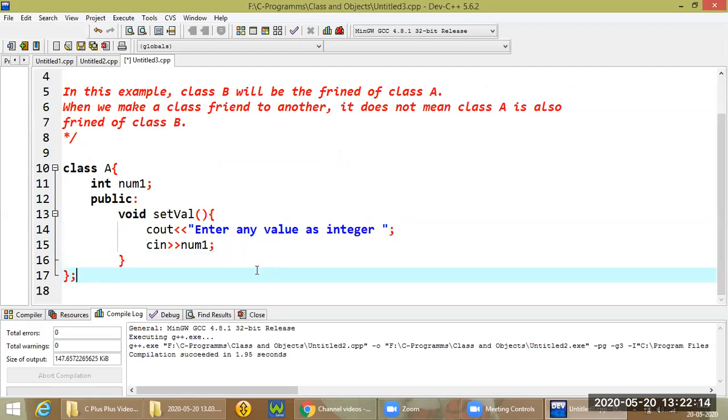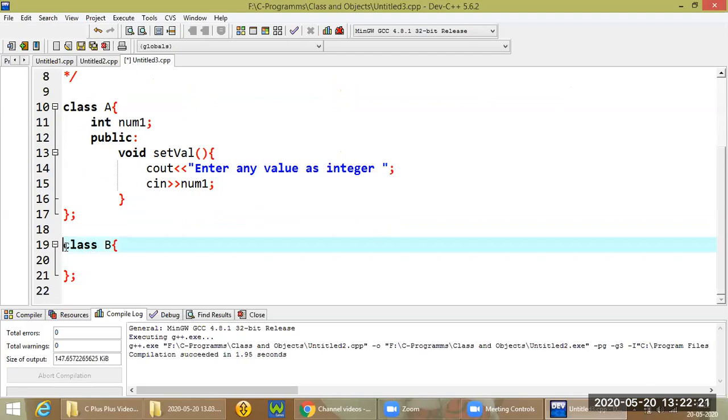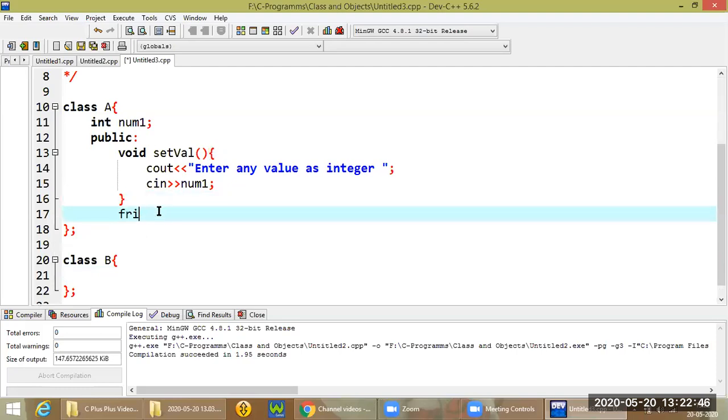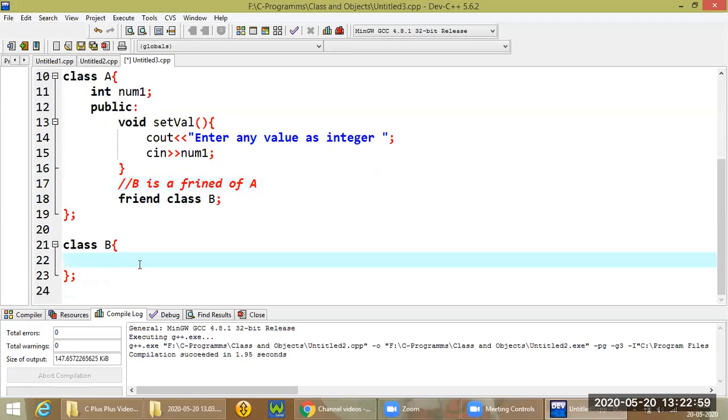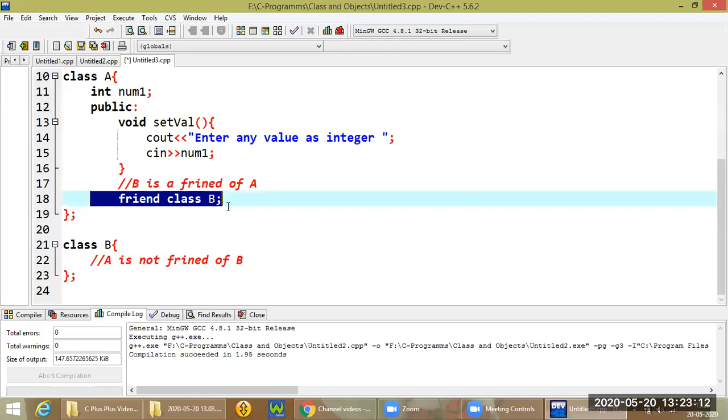Now let's suppose we have another class B, and we want B to be a friend of A. For that we can use the friend keyword: friend class B. Remember here B is a friend of A, but we did not write friend class A here, so A is not a friend of B. If we make B a friend, it doesn't mean A is also a friend.